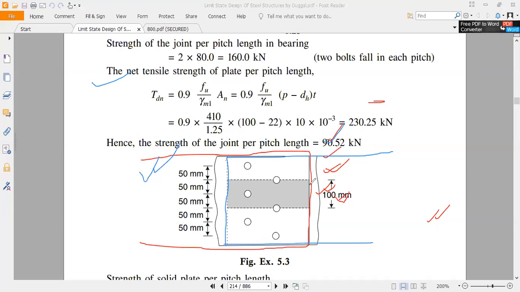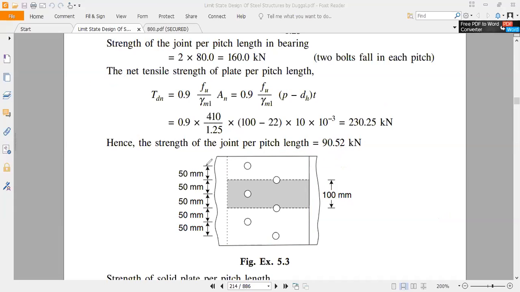Yes, sir. And it is overlapped in this region, and in that overlapping region there are some bolts which are placed like this. Now, along with this figure, the data which are mentioned here, it is the spacing between the bolts along this line, it is 50 millimeter.